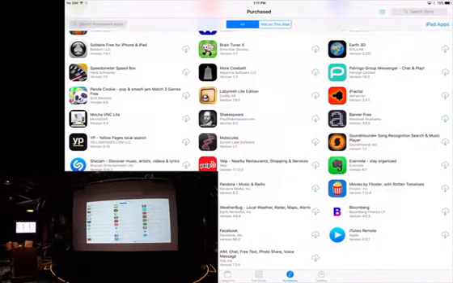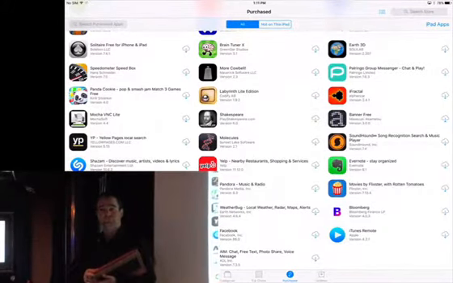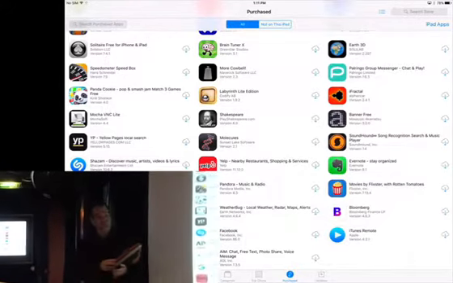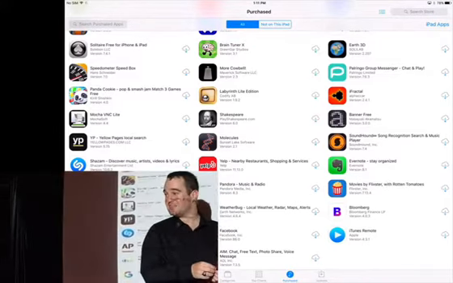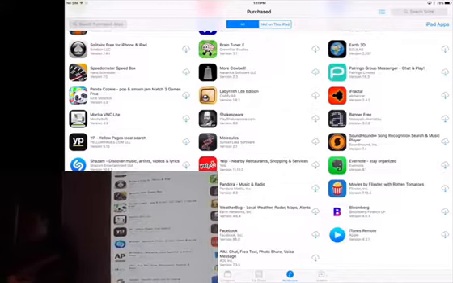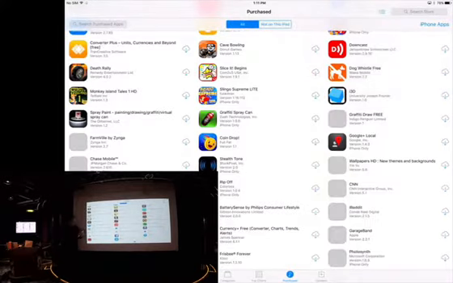Here's an interesting trivia question. Which came first, the iPhone or the iPad? The iPhone came first, but the iPad was actually created first. A lot of people don't know that the iPad was created long before the iPhone, and then they miniaturized it and made it a phone because they felt that would sell better than the iPads would. Just to give you an idea. But right now, these are all the iPad apps I have.